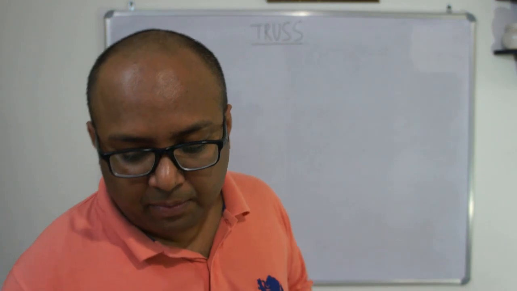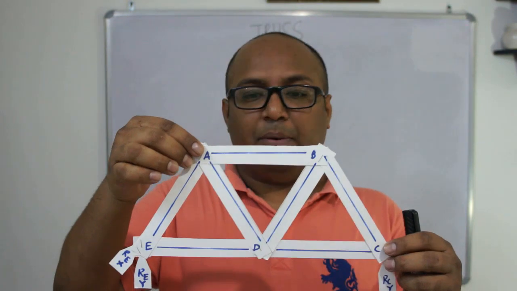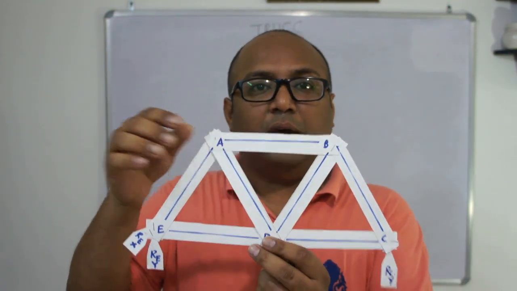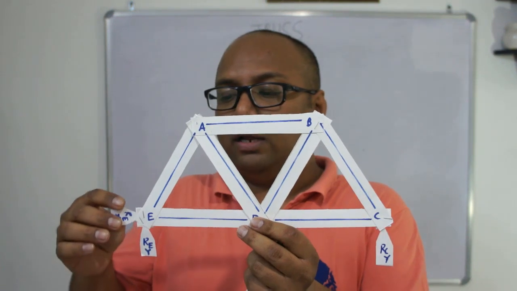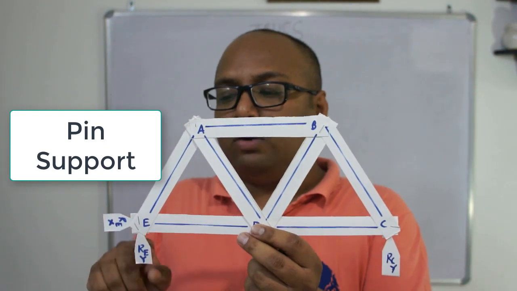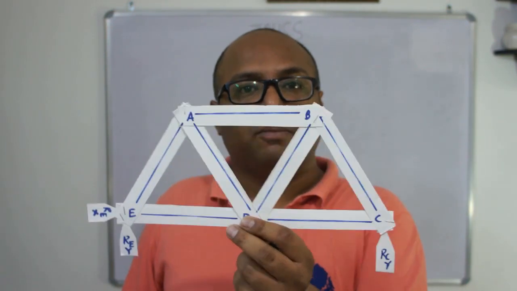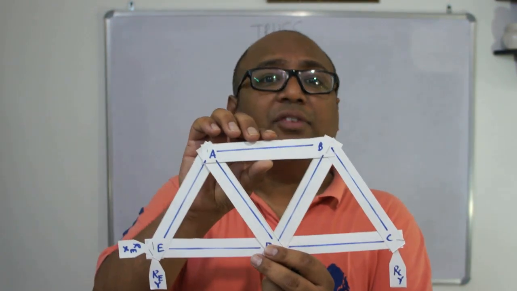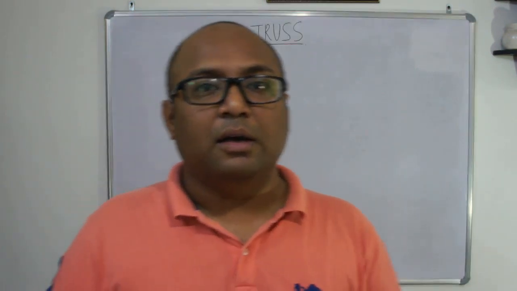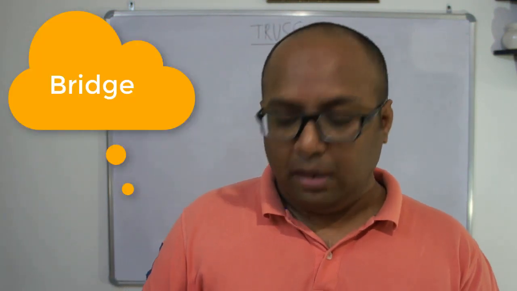So what is a truss? I have made a small truss out of some paper, but this will help you understand what technically is called a truss. Okay. So we have a pin joint, and you know that a pin joint will produce two reactions, and a roller joint which will produce one reaction in the vertical direction. Okay. So this is something which you may have seen. Where have you seen this? Can you recollect? You must have seen it while traveling by train. Normally we make bridges of this kind. Okay. So truss is something which is found everywhere.